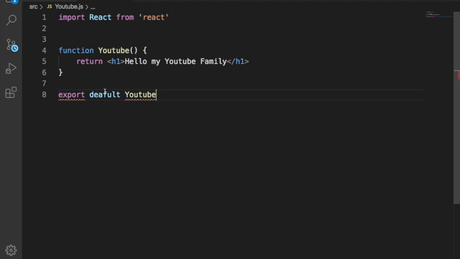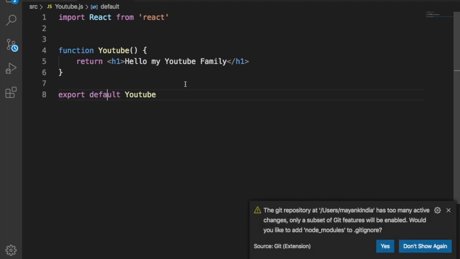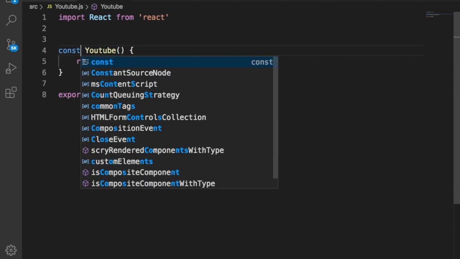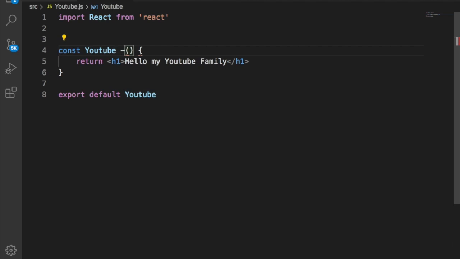Okay, I have made a typo. Now that we have exported the component, we are good to go with the import part, and we are going to import that in the App.js file in this case. I would also like to add that you can write the function in this way, but I would prefer if you write it in an arrow function manner. So let's write it as an arrow function. Let's put the arrow sign right here and there we go. We are good to go with this.